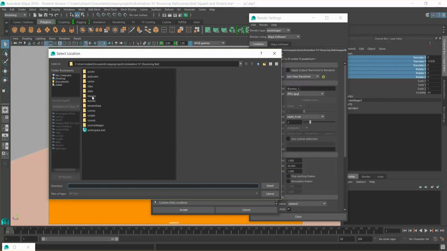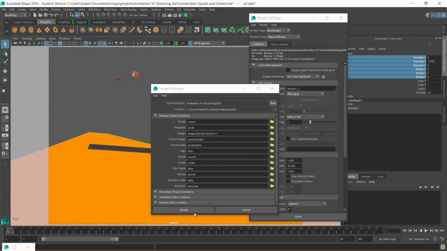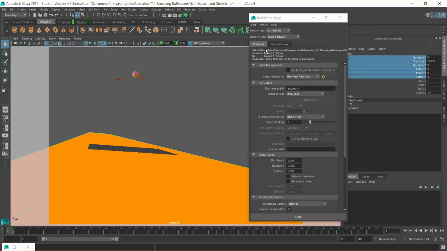In this case, I'm literally just going to do it in here, and I'm just going to call this render bounce 1. Okay, and I'm going to select that, going to accept,